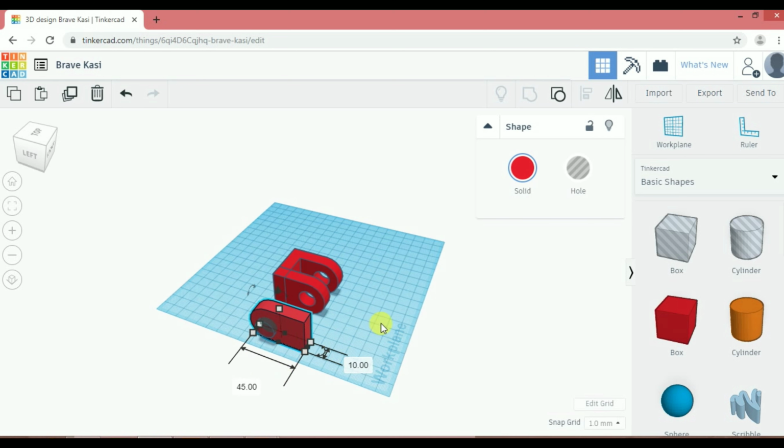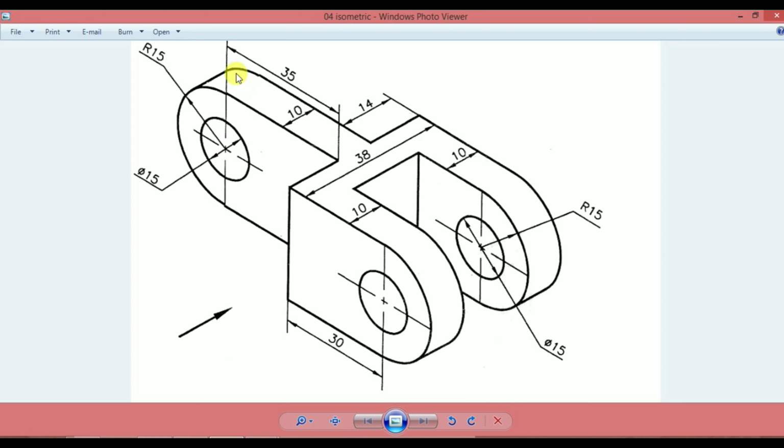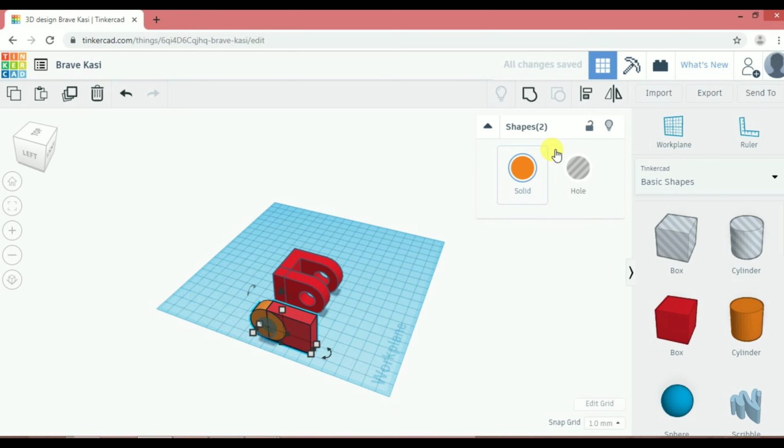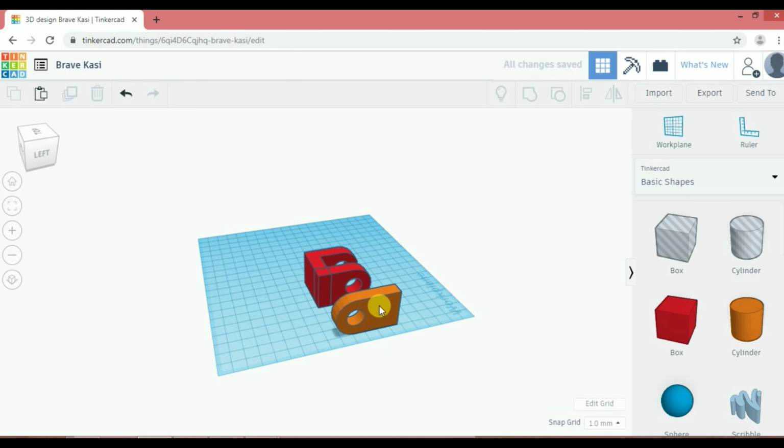But in our third entity there is some difference from the first one. It is of 35, rectangular shape. From the center it is 35, so ungroup the solid and make the changes, then group it again. So here you get the exact solid of the given shape as per our drawing.